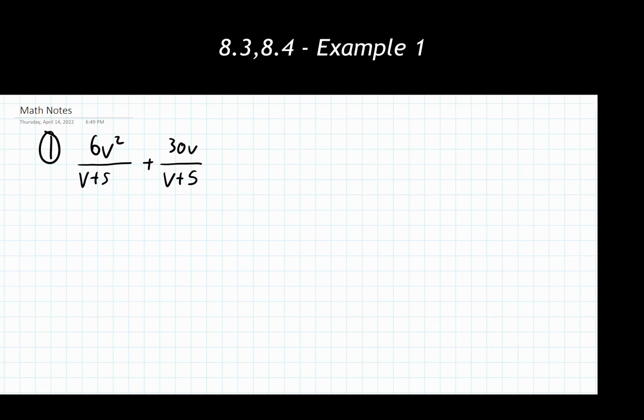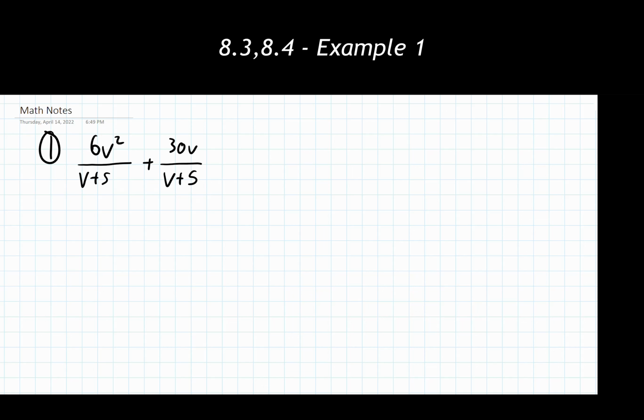Here we have our first example of adding and subtracting rational expressions together. Now I'm looking at this, and from the beginning I'm checking to see, are the denominators the same or different? Because that's going to determine which process I am going to follow. I'm seeing here that the denominators are the same, so I can follow the first process that was listed, the instance where I have common denominators.